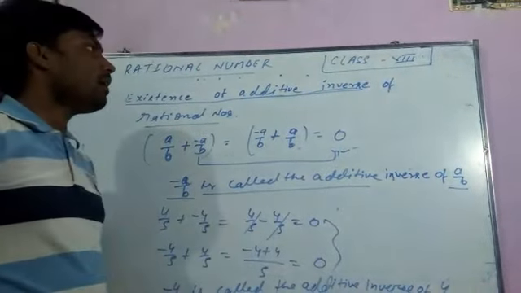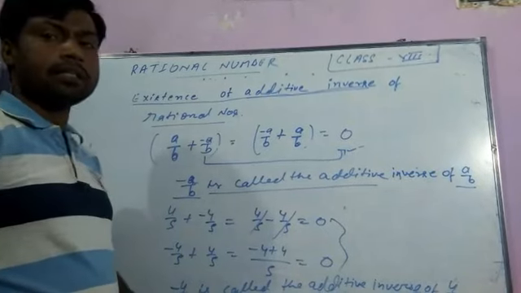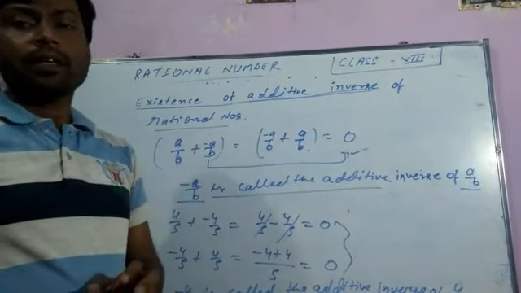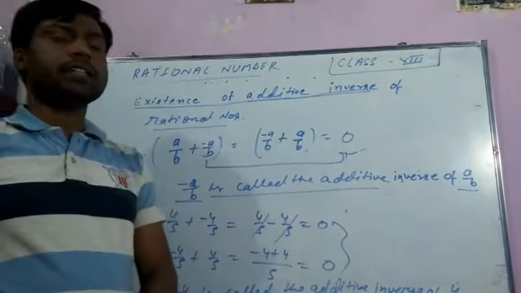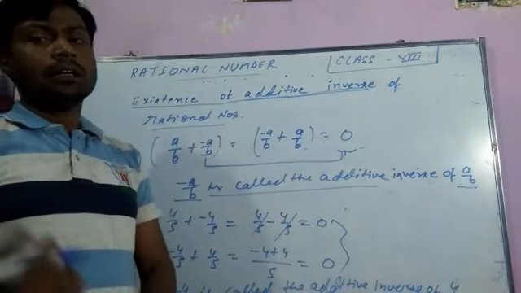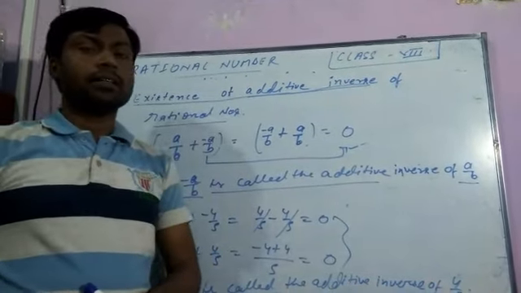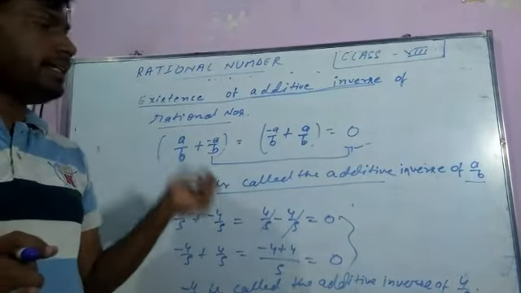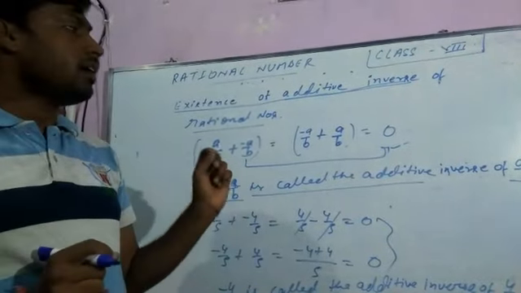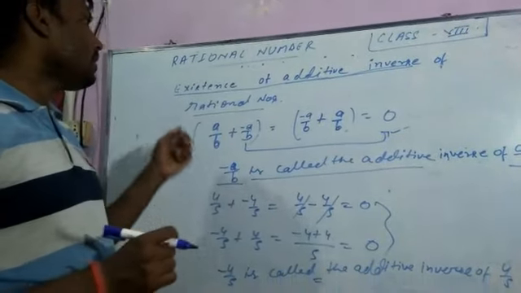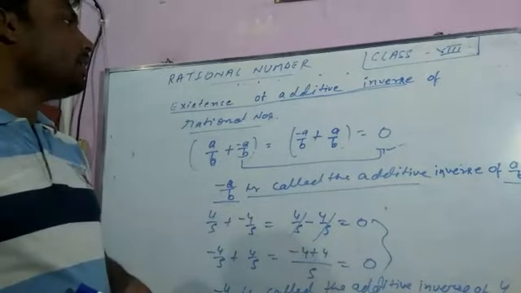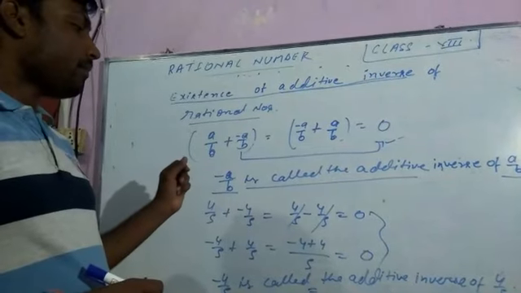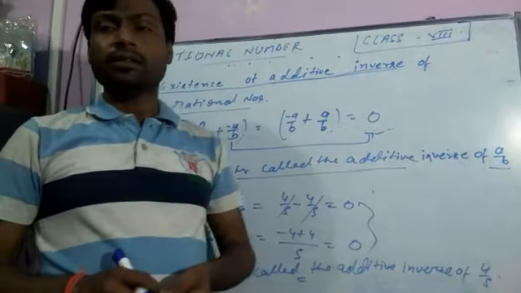You have completed all the properties related to rational numbers. Once again, whatever I have taught today, repeat again. Today we have learned about the associative law of property which rational numbers follow, but in the associative property, division and subtraction do not follow for rational numbers. We have also learned about the existence of additive inverse and additive identity. Both follow for rational numbers. Okay.